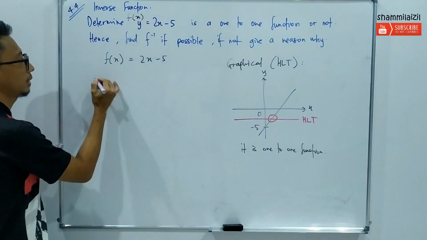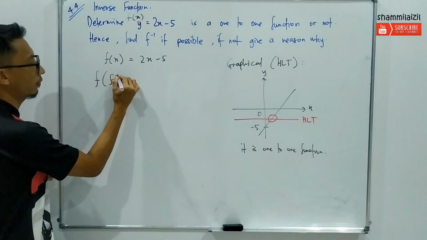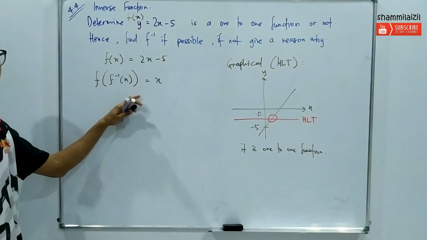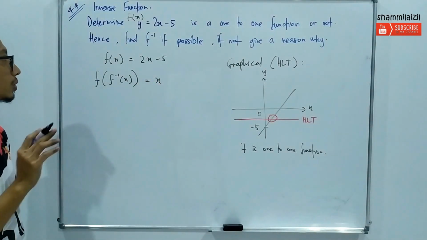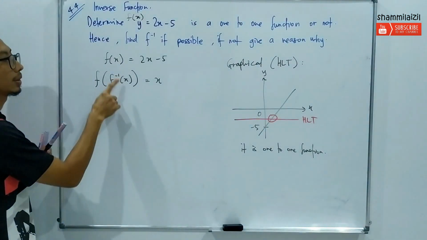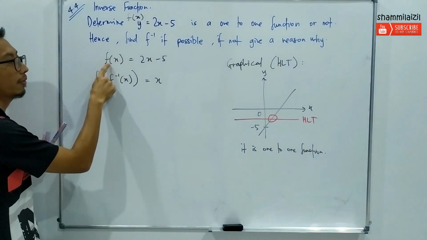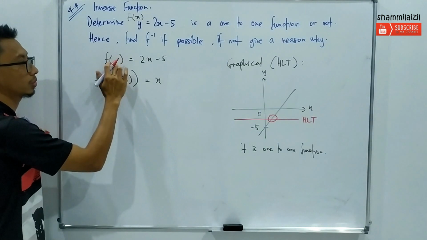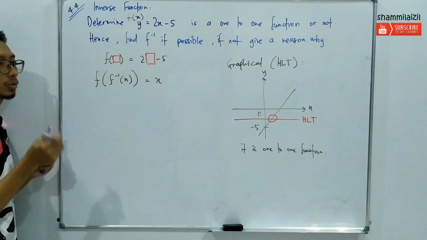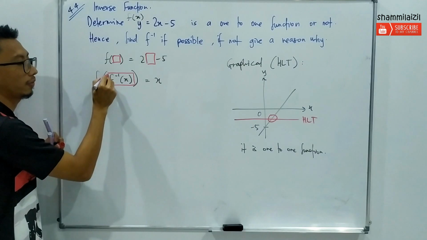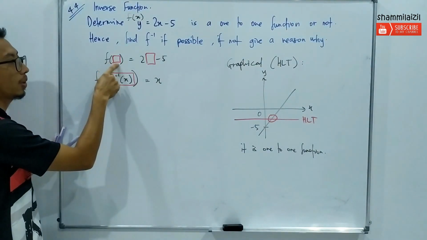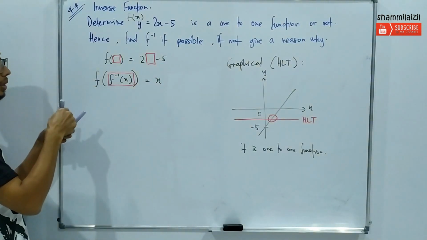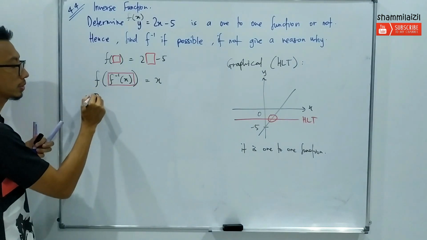To get the inverse is actually by doing this. f inverse of x is equal to x. Guys, this is the formula of inverse. So what does it mean? Take a look at this part. Compare it with the upper part here. f(x) equals 2x minus 5. To make it clearer, I can change x to a box. So now my box here becomes f inverse. So what does it mean? f of box equals 2 box minus 5. So what happened to f of box? It's going to be 2 box